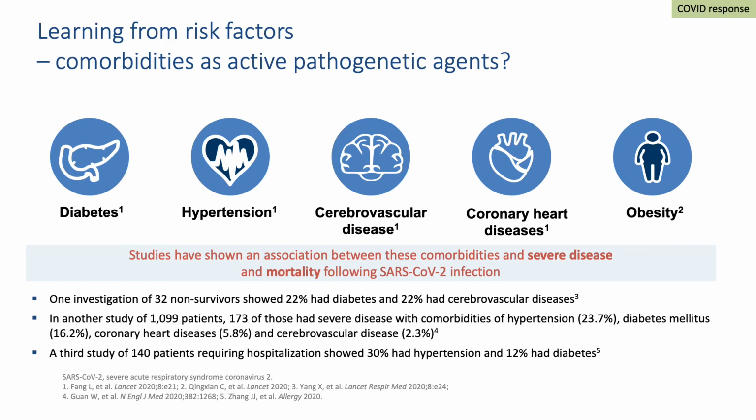What about the comorbidities that have turned out to be so interesting and so tragically important in clinical disease outcome? We're now very familiar with the idea that patients who are older, but particularly patients who are obese, patients with hypertension and potentially with metabolic syndrome, are at considerably higher risk of severe disease and mortality. Why might that be? Could this give us a clue as to potential immune mechanism?